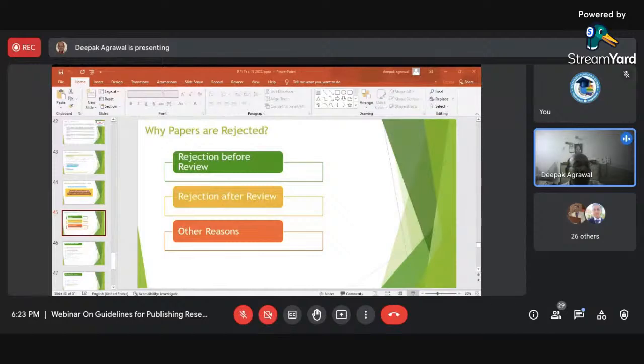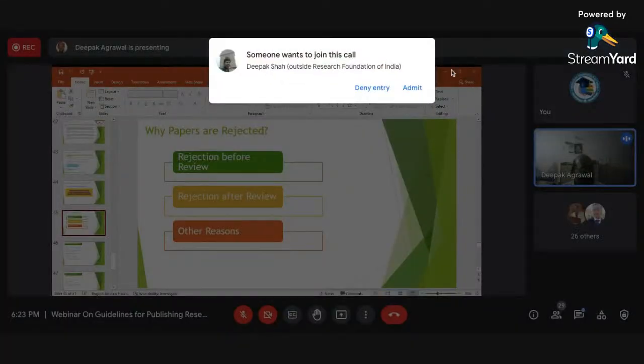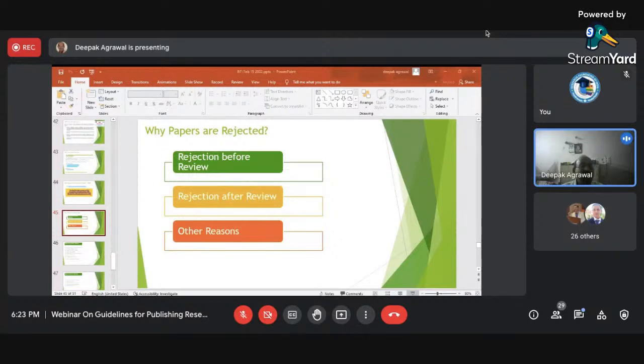Coming to the concluding part of our work, we have decided which type of journal, we have identified the journal, their norms, their indexing, and our own indexing, and the next level is why papers are rejected. We are confident enough. We have done a good work. We have generated the plagiarism report and it is under 10%. You can join my next workshop, which is highly related to defining the literature review. I told you that the maximum plagiarism comes from the literature. So again, writing a literature review is an art more than a science. So why are papers rejected?